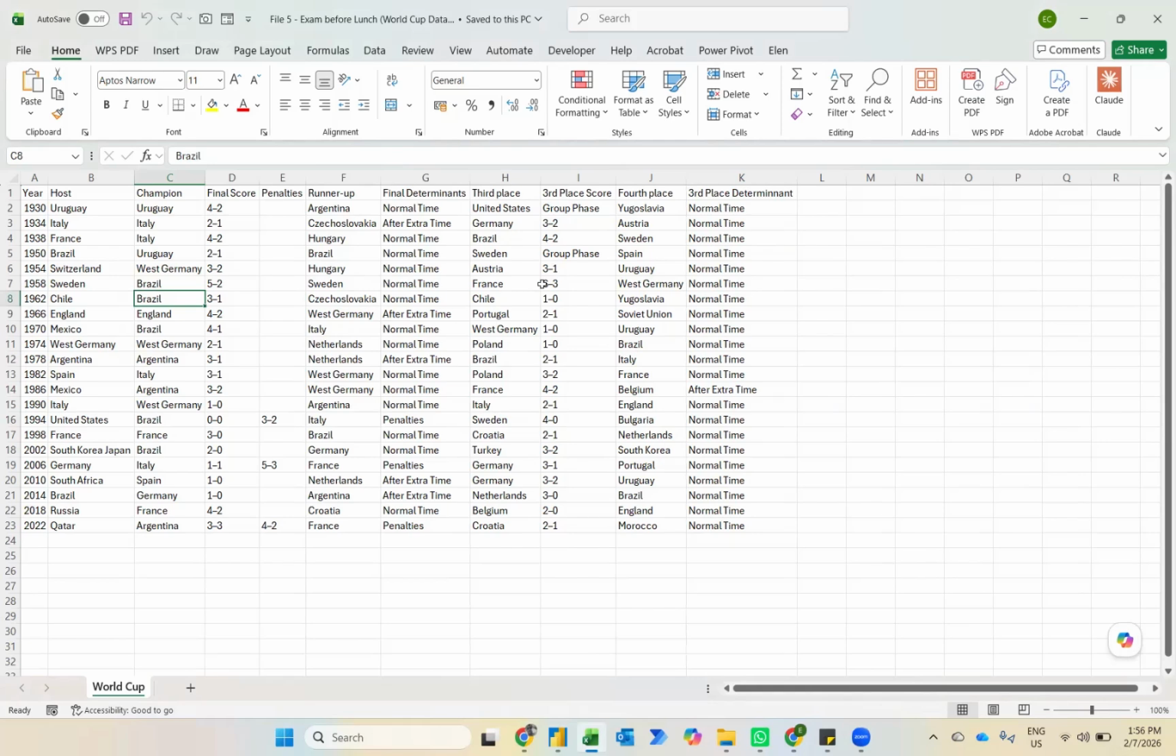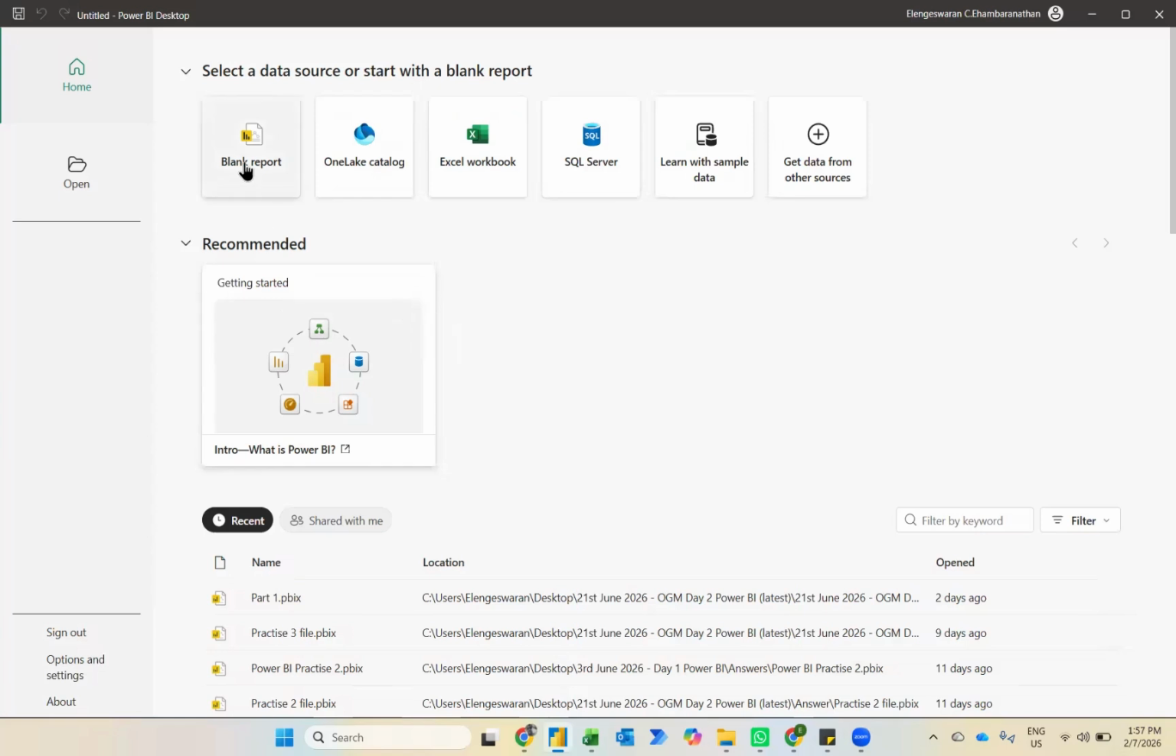So today we will learn how we can transform this particular data set into a fascinating visual. We do have the list of countries and multiple columns, and we want to transform this data set into information that everybody can understand. So let's get started. First, I will open my Power BI and click on the blank